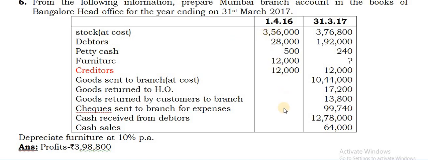These are the opening values of assets. All these 4 you can take on the debit side, but there are creditors here, be aware. Opening creditors is also given. So, all opening assets are taken on the debit side and opening liabilities will be taken on the credit side. So it's a credit item. Similarly, closing values of all the assets will be taken on the credit side, while the closing value of a liability will be taken on the debit side.